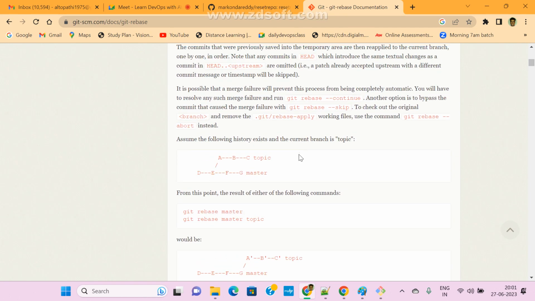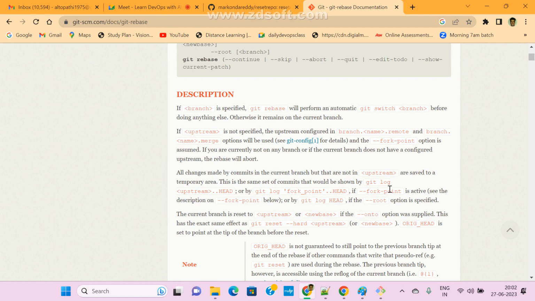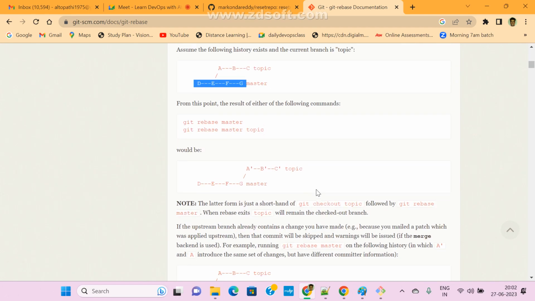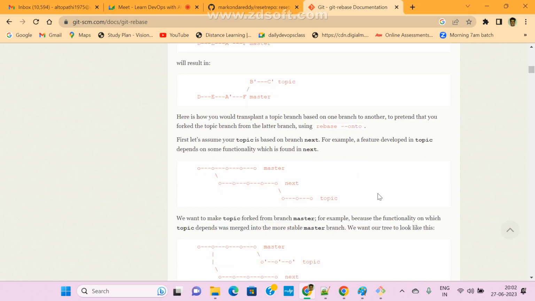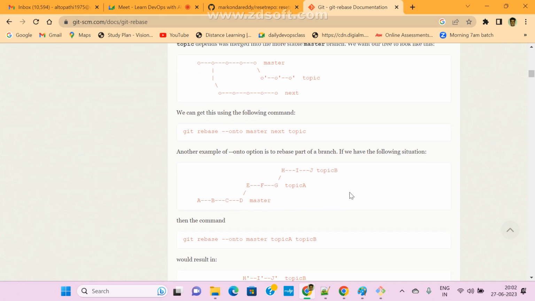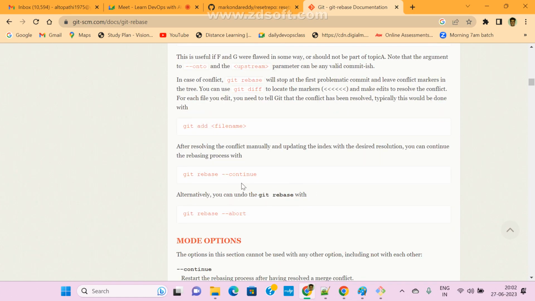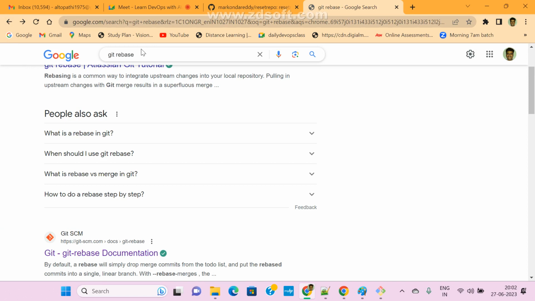See here, and these are the commit IDs, guys. Here they given A, B, C, D, something, right? These are the example they given like commit IDs. And if you use a git rebase command, how it will work, if you use git merge command, how it will work, just we can compare it. So we can see here there is multiple branches how it will work, and single branch how it will work, and so now we can get more on this. And same way, if you use git merge command,